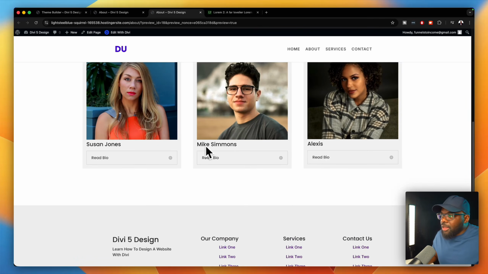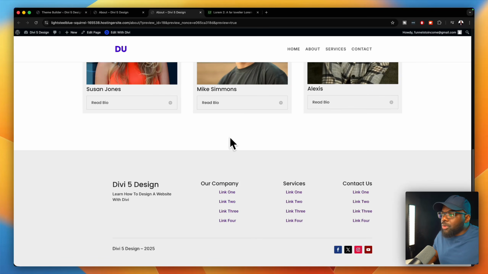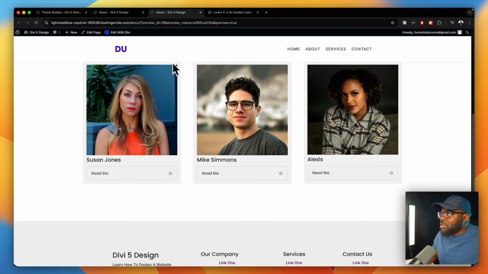Right. Great. Now, if I want to modify this, I can go ahead and add social media icons. So we can link to their LinkedIn profiles and so on. But I'm not going to waste time on that for now. I'm going to leave it as it is because right now I think it looks great. Now it's time to work on our next section. So we're going to go back